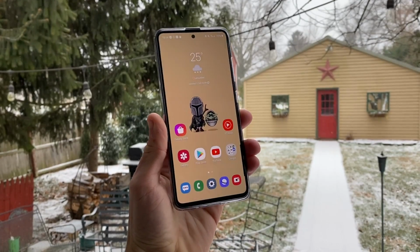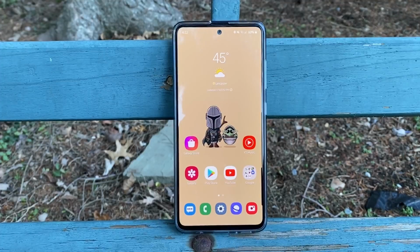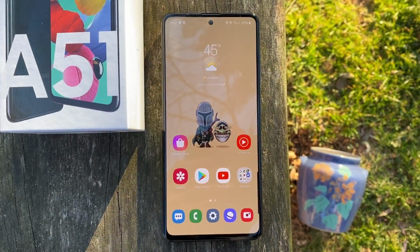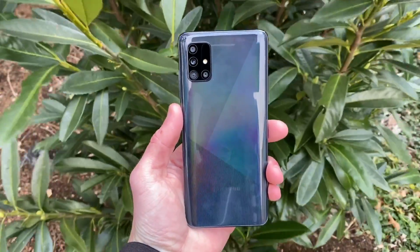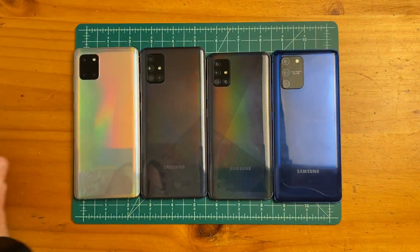So it's been 51 days since I first got my hands on Samsung's Galaxy A51, and in my original review I determined that the A51 is definitely worth considering as your next smartphone. But I want to talk to you about some new experiences I've had since then, and share some insight on whether or not the A51 is still the phone to go with considering all the new releases Samsung is pushing